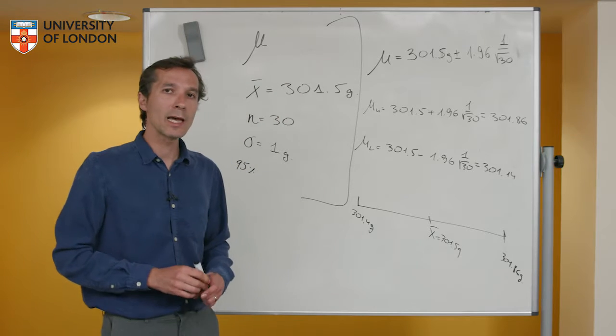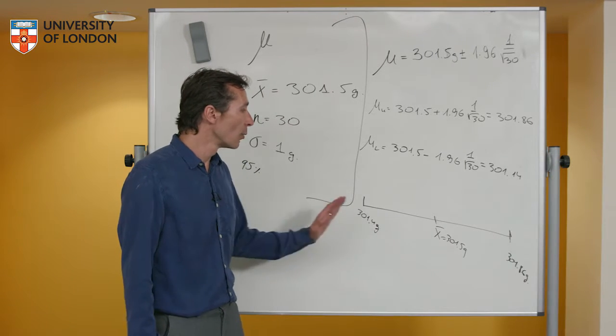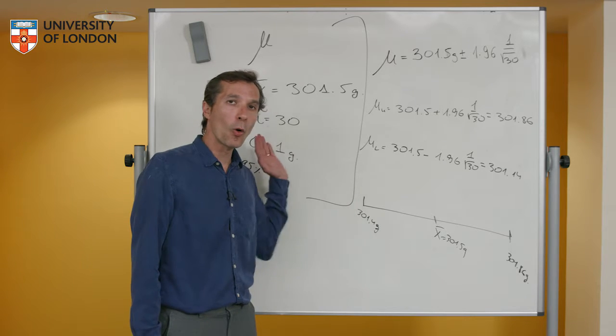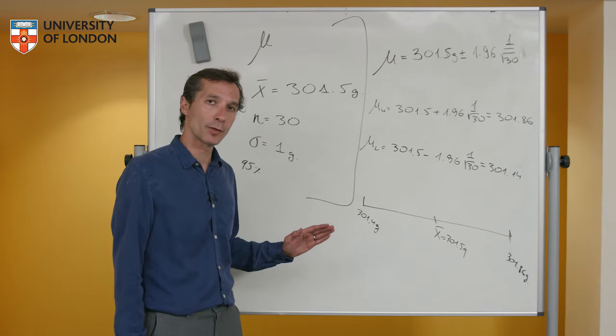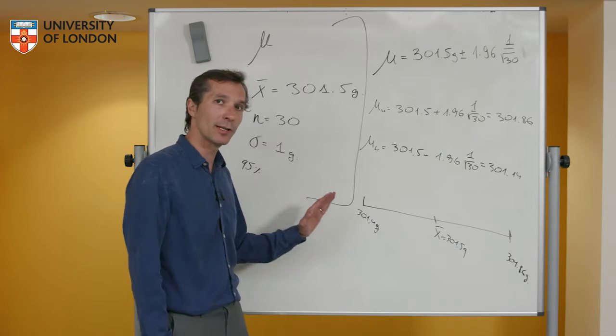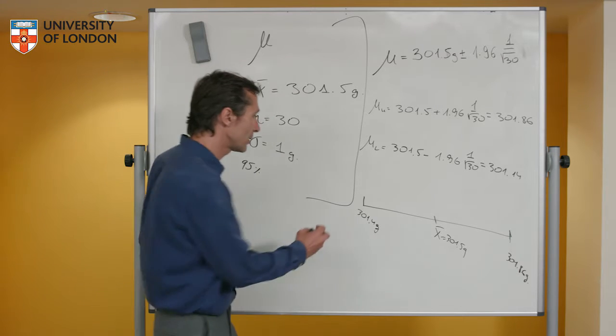So what we can say is that with 95% confidence, we know that the mean of all the cereal boxes produced by this manufacturer will be definitely above these 300 grams that are